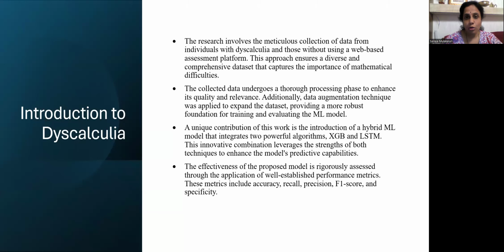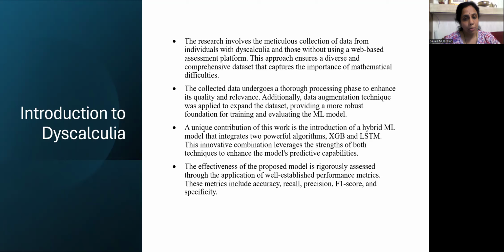The research involves the meticulous collection of data from individuals with dyscalculia and those without, using a web-based assessment platform. This approach ensures a diverse and comprehensive data set that captures the importance of mathematical difficulties. The collected data undergoes a thorough processing phase to enhance its quality and relevance. Additionally, a data augmentation technique was applied to expand the data set, providing a more robust foundation for training and evaluating